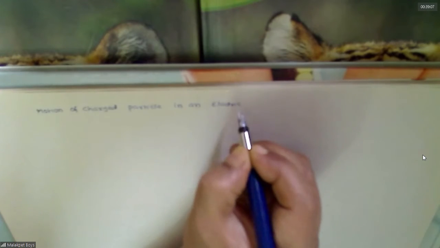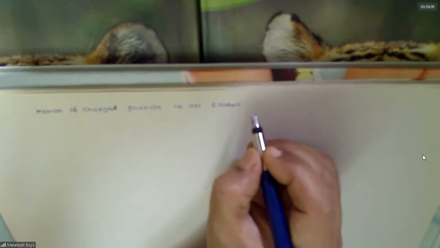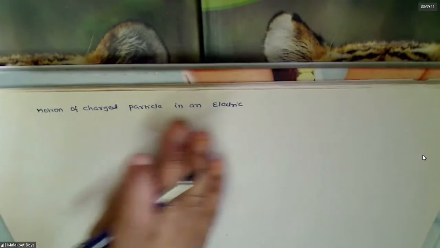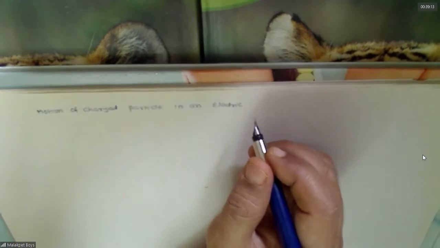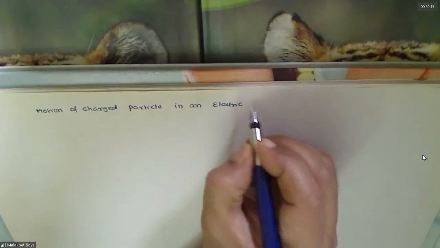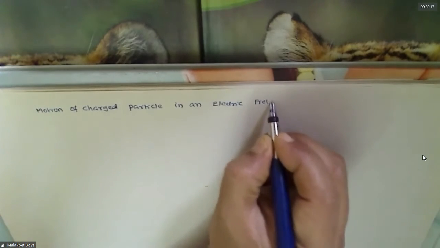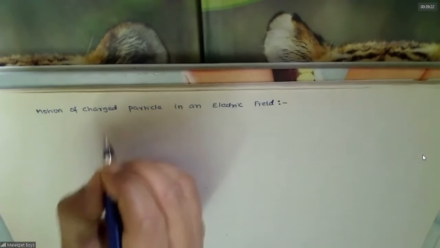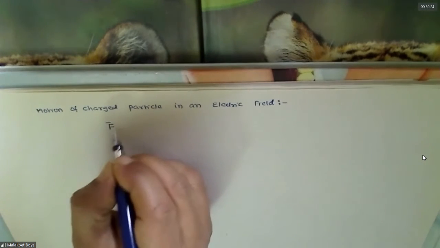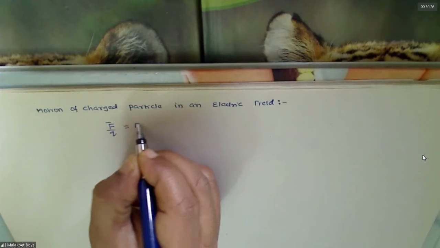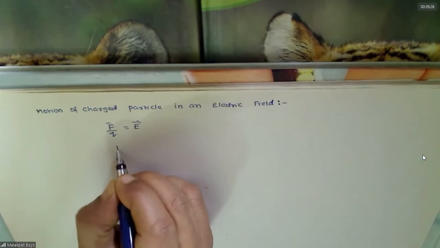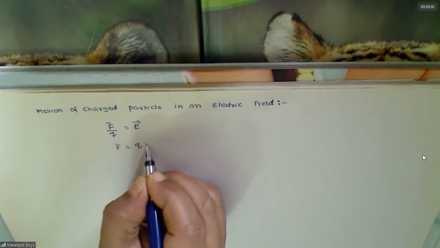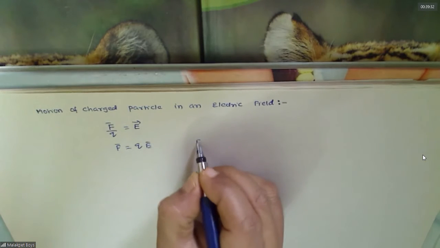The second year learning may be difficult, concepts are more, but scoring is easy compared to first year. See, you have seen that E is equal to F by q. So F is